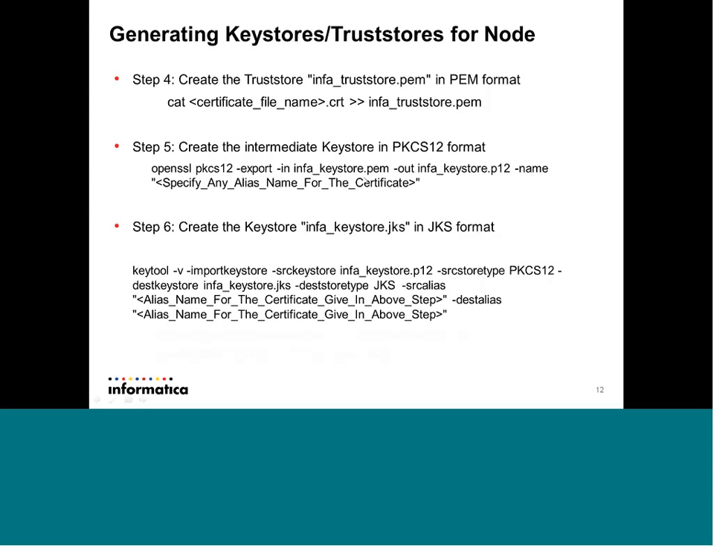So when importing the certificate into the PKCS12 keystore, you should specify an alias, any alias name for the certificate, so that you could identify the certificate. Alright, so step 5 creates an intermediary keystore in the PKCS12 format. So what we do now is, using this PKCS12 format, we import the certificates and private keys into JKS